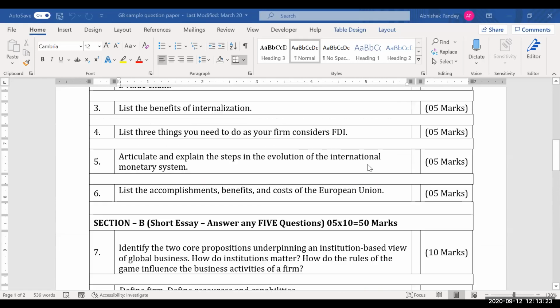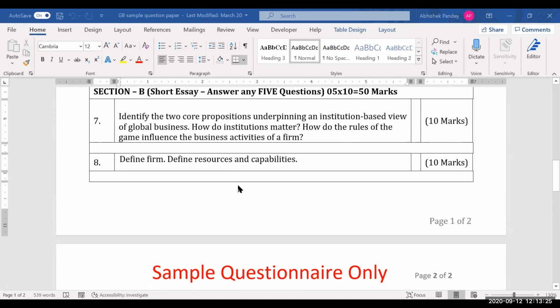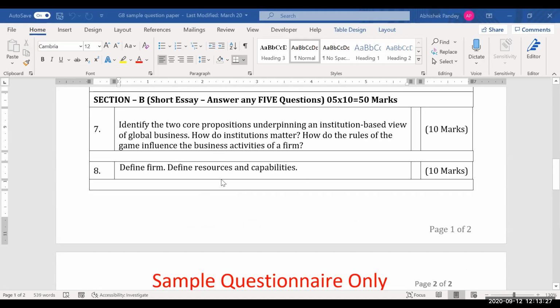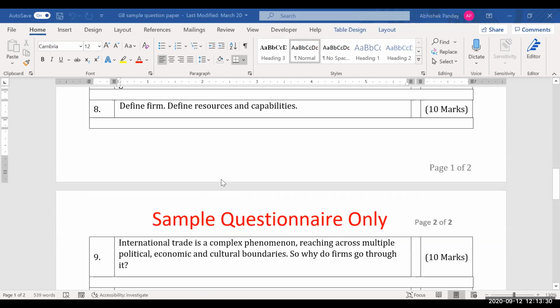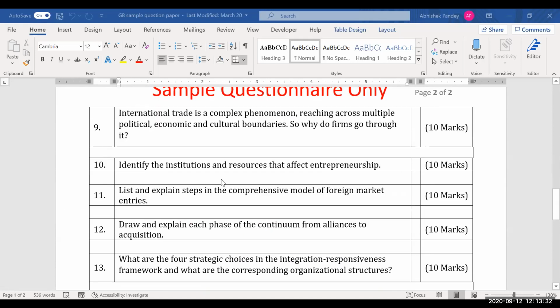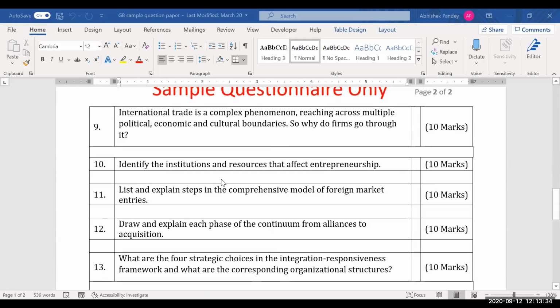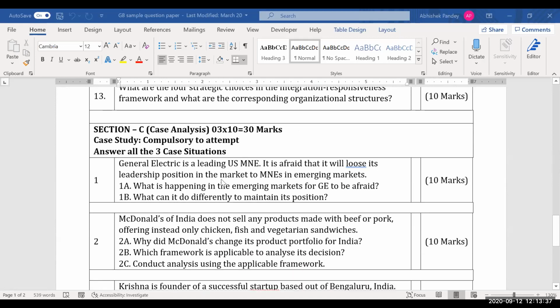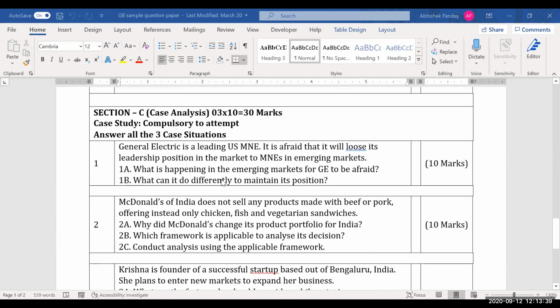So if the first section is about what, this is more to do with why and how kind of questions, okay? And wherever we have discussed the how and why is where these questions will come from. Then section C is more case analysis. So you can think of it as the assignment related questions that we have, right? About Swiggy and Uber Eats, those kind of scenarios. That would be more like an assignment question, and then you have to analyze, right?